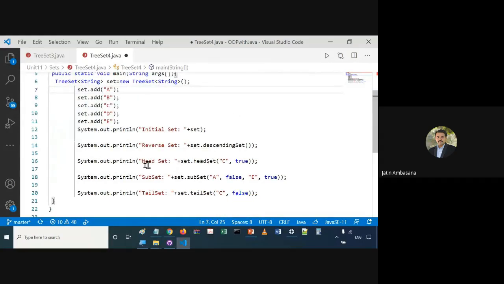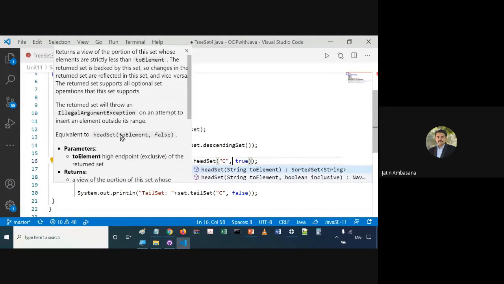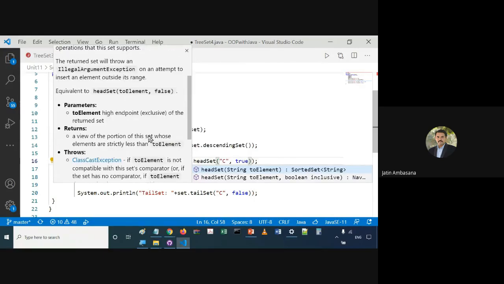Then you can say set dot head set C. So head set method sets this new element to what? To the head of the tree set, right? It has got two elements: an element and a boolean value.